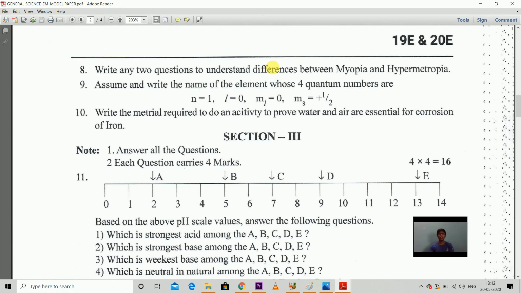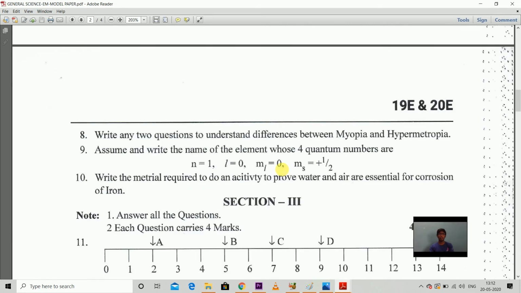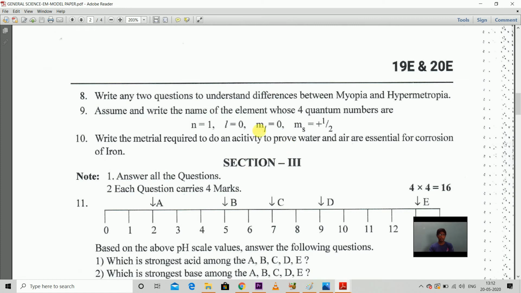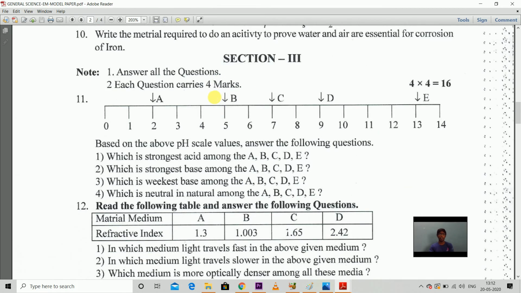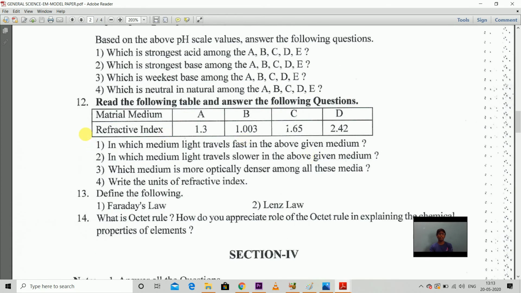Till now we have observed that there is no choice; we have to write all the questions, total 10 up to section 2. And coming to the third section, 4 marks questions. Here a scale, a PS scale, or sometimes you will get a diagram also. Based on the diagram or the data, you need to answer the questions. Here also in the 12th question you observe a table is given, so you get table type questions also.